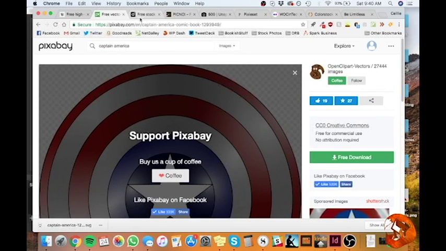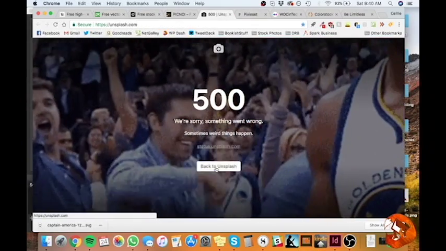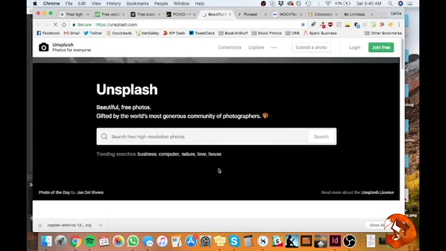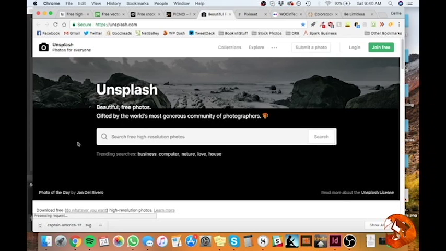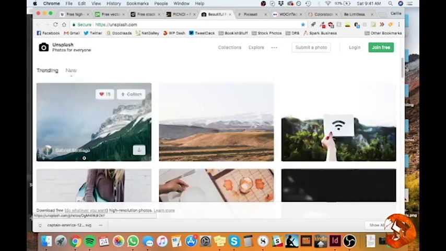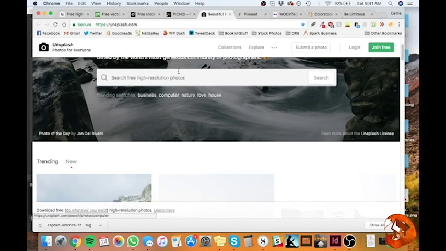The next one that I want to show you is Unsplash. Nope. Here we go. I don't know why it's doing this, but Unsplash has a lot of really great photography. However, the search function sucks. You can search for